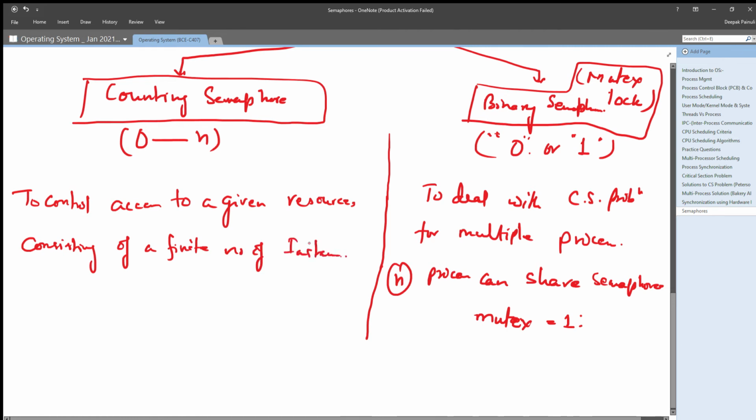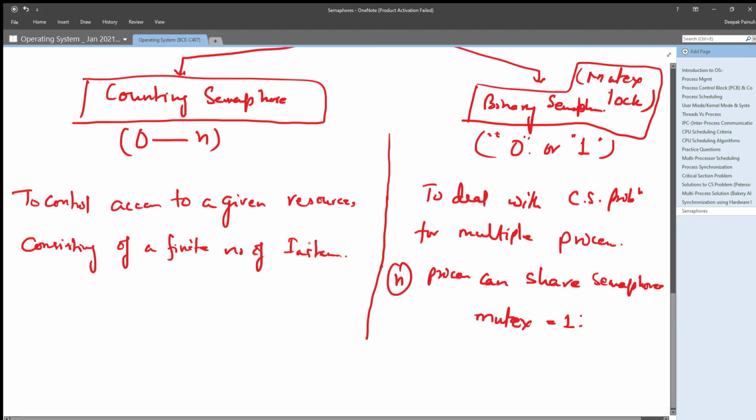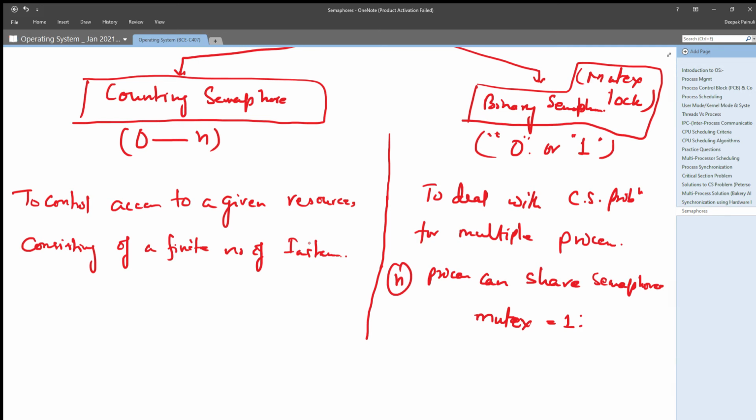If we have n number of instances available with us in the system, and we want to give access to those resources for available processes in the system, we can use counting semaphore in that case, right? For giving the control access to the given resources, right?